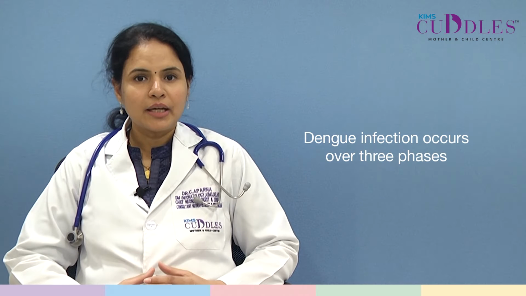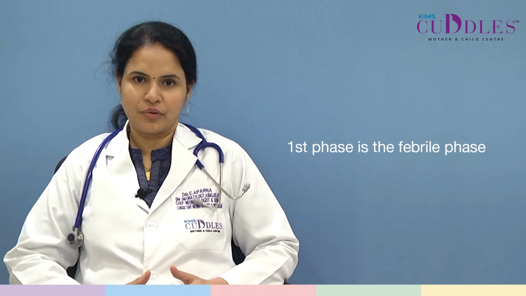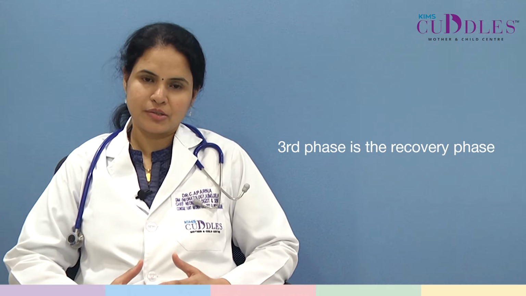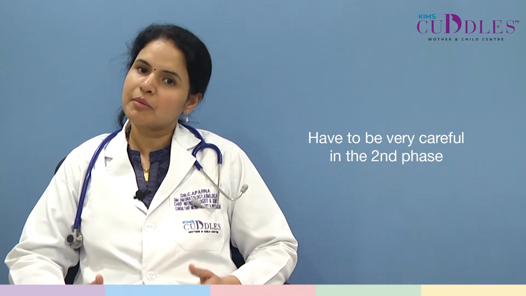We need to remember that dengue infection occurs over 3 phases. The first phase is the febrile phase, second phase being the critical phase and third phase being the recovery phase. So fever with the associated signs and symptoms may usually come up in the first 3 to 4 days of the illness. And once the fever comes down, the critical phase may begin wherein there may be a fall in the counts,